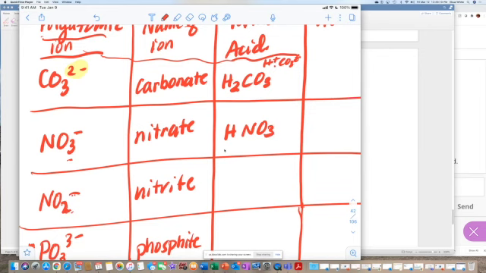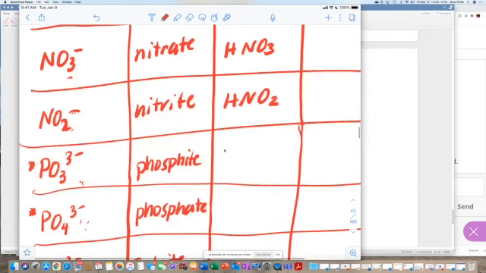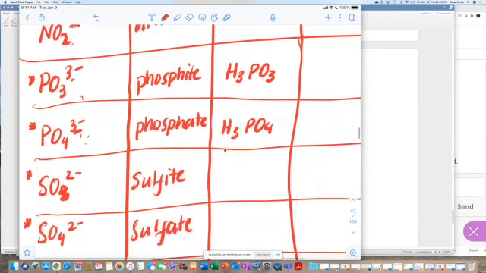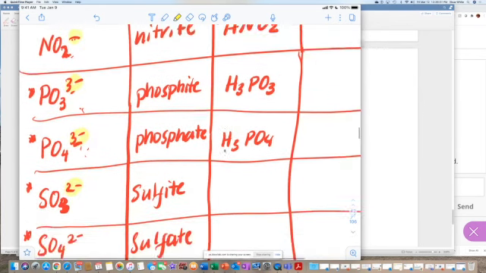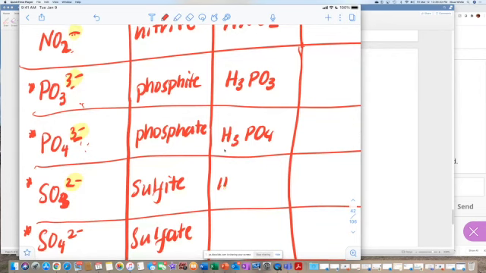HNO3. Here I have 1 negative, HNO2. Here I have 3 negatives, so H3PO3. 3 negatives, H3PO4. 2 negatives, remember this is the part that's determining how many H's I pick. And this is going to be H2SO3,